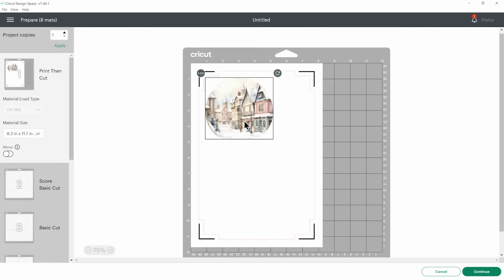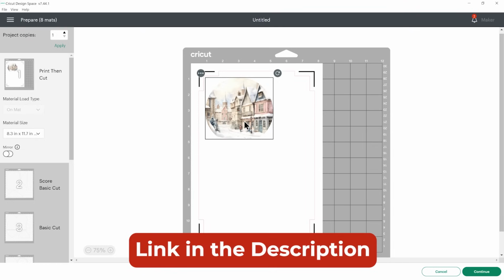The picture in the middle of the snow globe will be a print and cut image. If you're new to print and cut, I do have a separate video which goes through the full step-by-step how to print and cut on a Cricut. And to avoid filming something I've already filmed again, I will just add the link to that video in the description of this one. So if you need instructions on how to print and cut, or if you're having any trouble with the Cricut doing the print and cut, check out that other video.